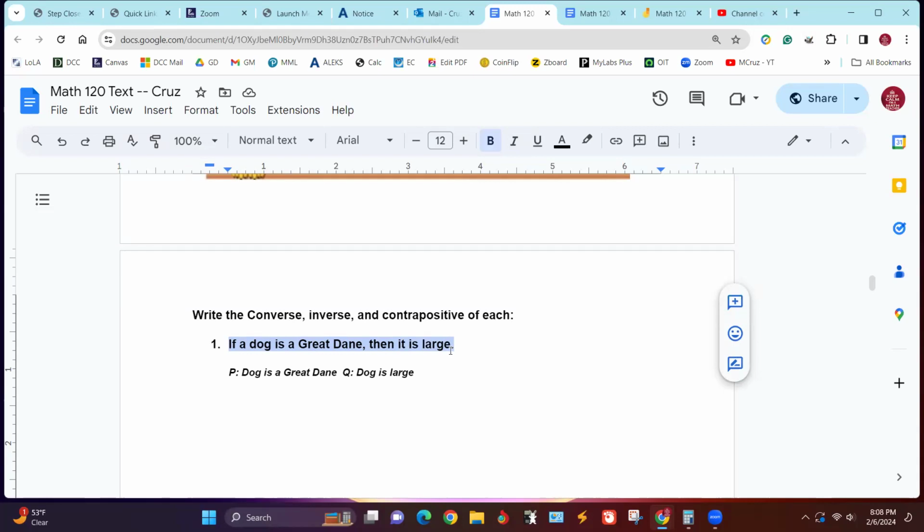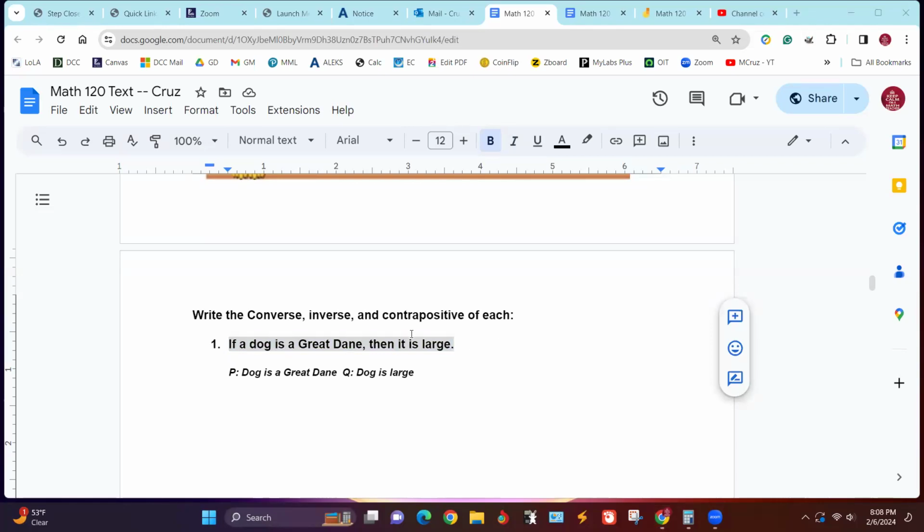Well, the first thing we want to do is break this down symbolically. So we're going to let P be equal to the dog is a Great Dane. And then Q, the consequent, is Q is equal to the dog is large. So now, this right here is the conditional statement.